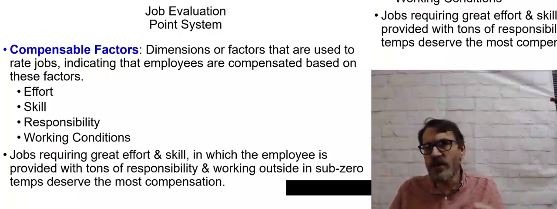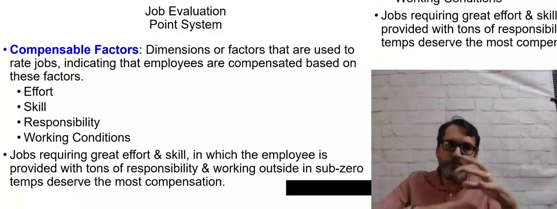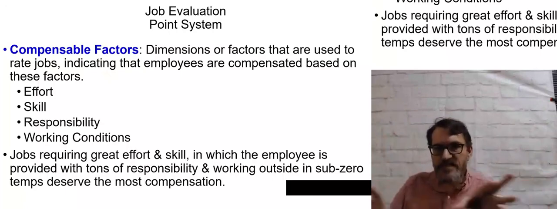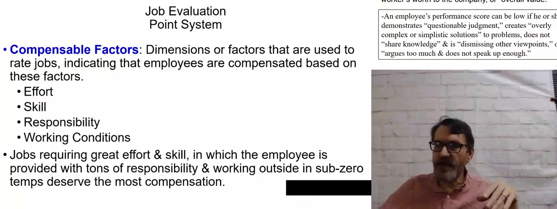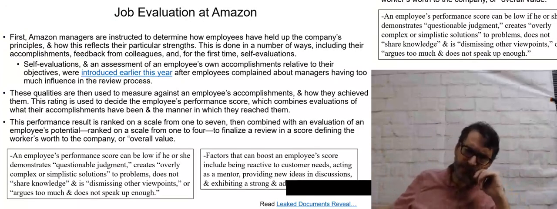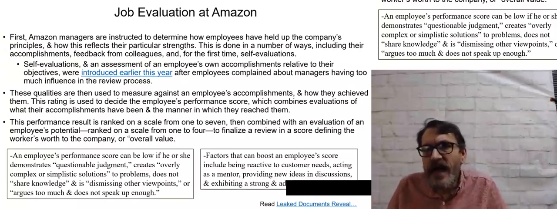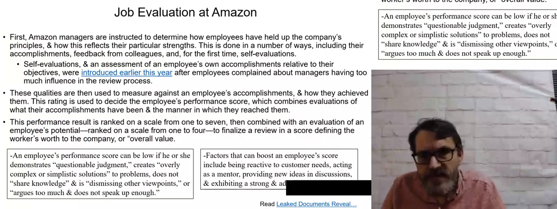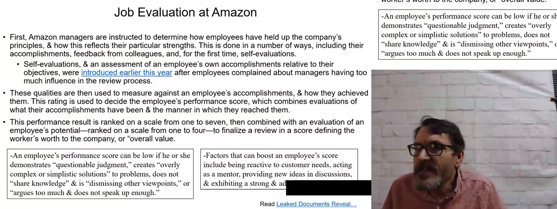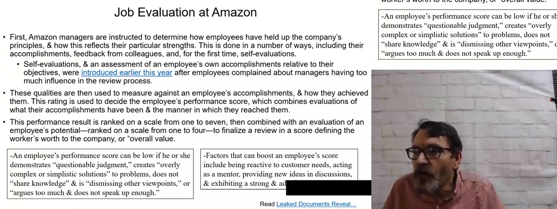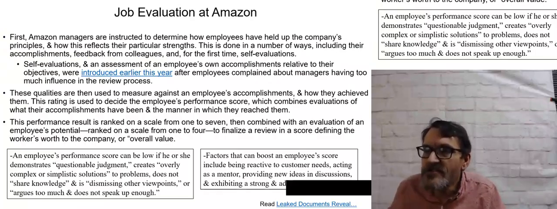So the idea is you package it together and give points to these various dimensions. Here is the way that job evaluation is done at Amazon, and you can read it in more detail. But some of the things, I love this: factors that can boost an employee's score include being reactive to customer needs, acting as a mentor, providing new ideas and discussion, and exhibiting strong